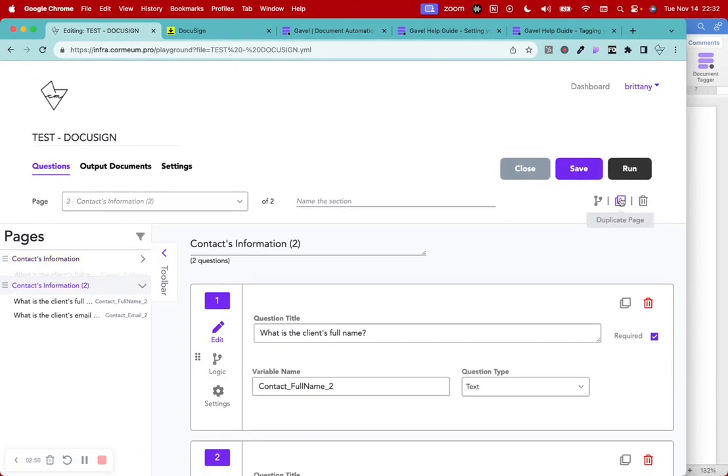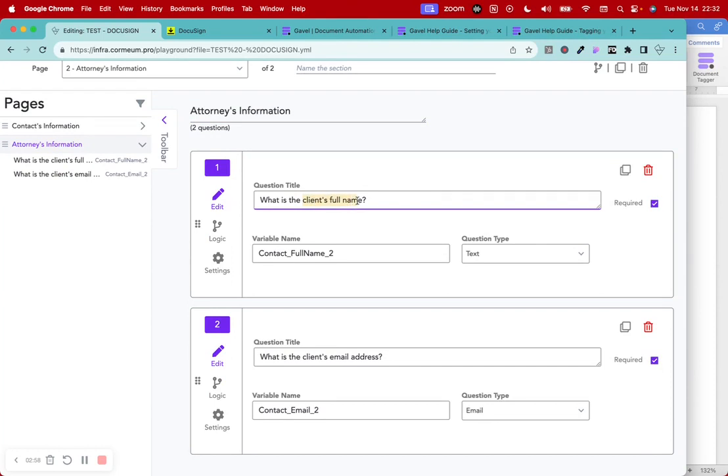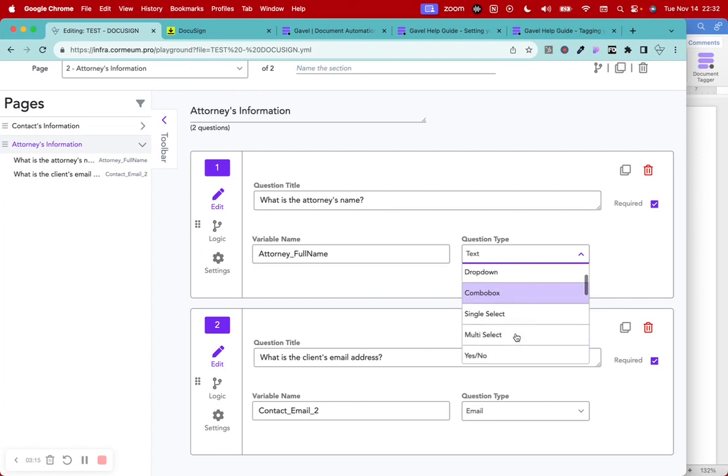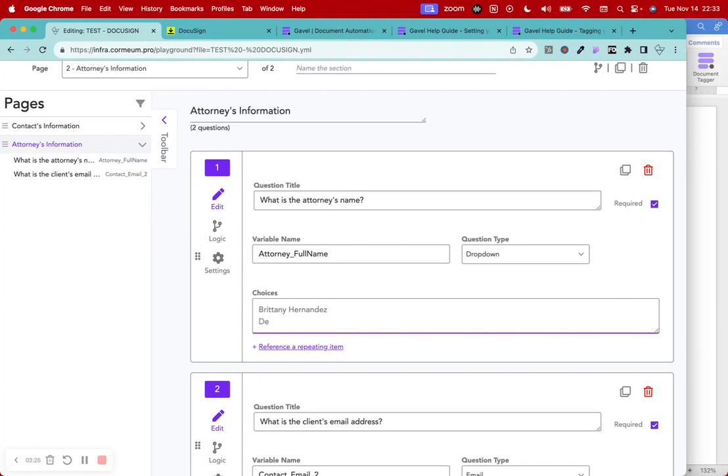We're going to go ahead and duplicate this, and then I'm going to say attorney's information. And then we're going to say what is the attorney's name. And then here we can say attorney full name. And then you can actually have, if you have, let's say, a drop down menu where you have different options or a single select or something like that, you can use that instead. In this case, maybe let's do a drop down. I'm going to say Brittany Hernandez, and then let's say Demetria